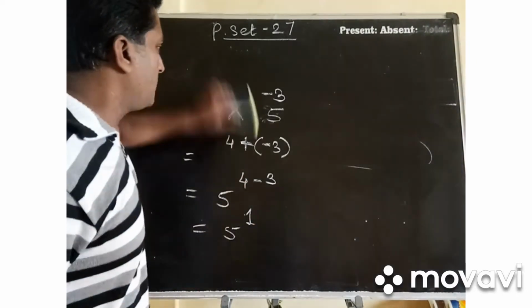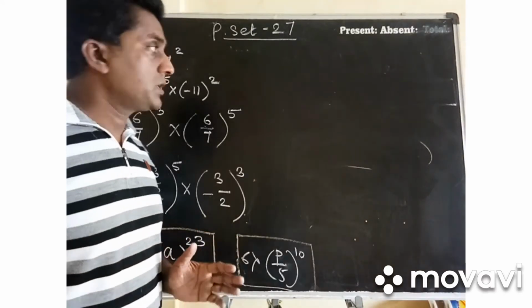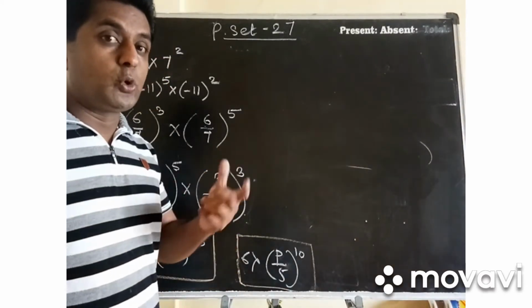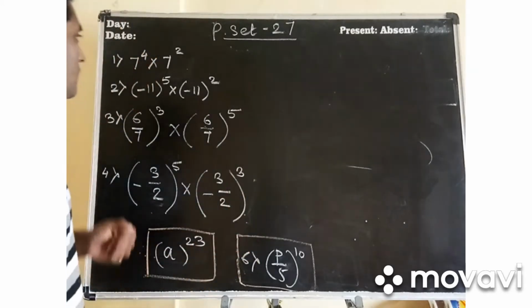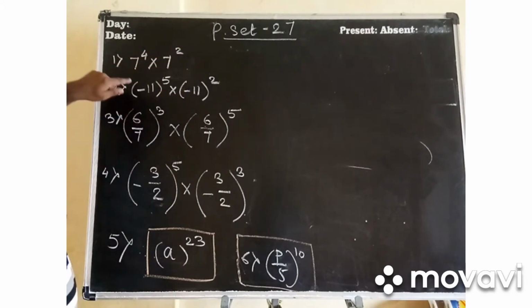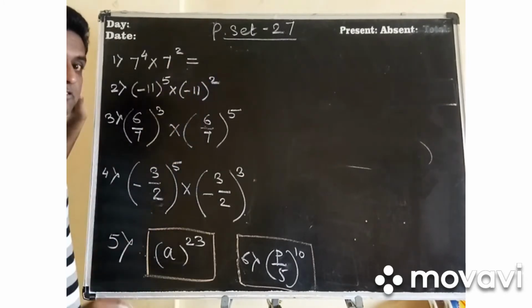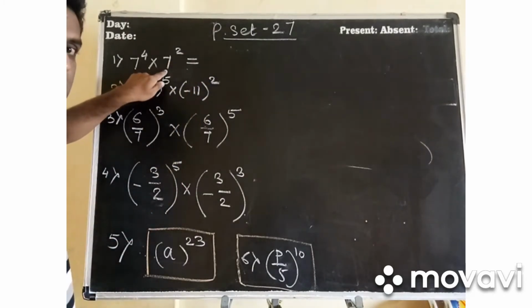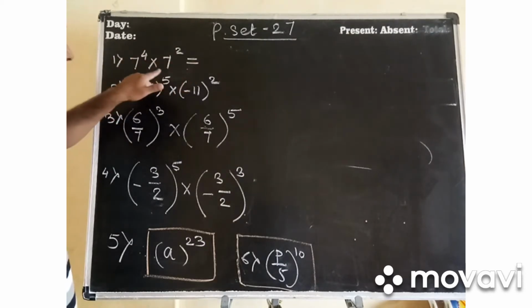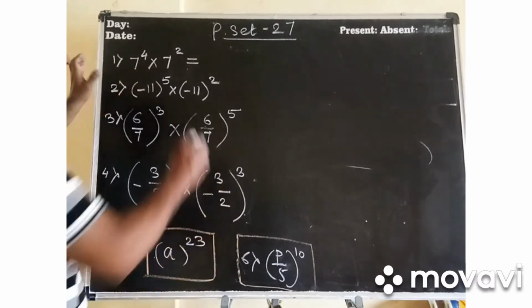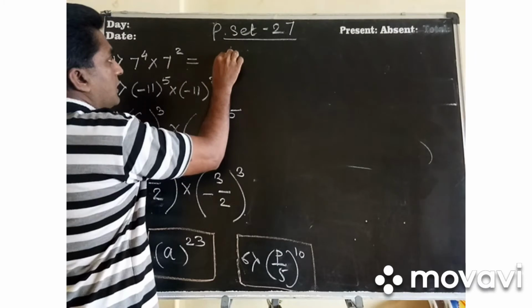We are going to utilize this method for solving the sums. So students, with the help of that rule which I have shown you, we are going to solve practice set 7, the first one. When I told you how to solve it, how will you solve it? First check whether two bases which are the same have different indices, and in between what is there? Multiplication. So what will you do? Write down the base only one time.